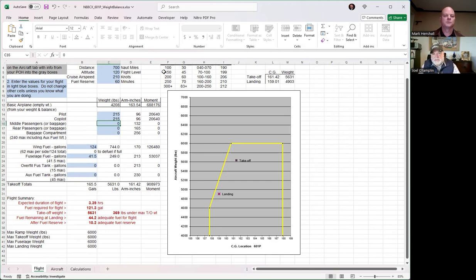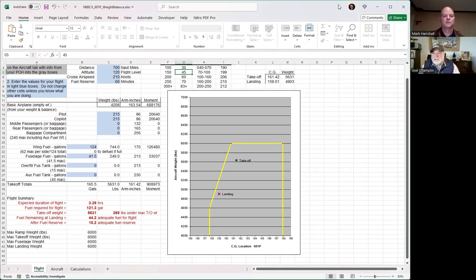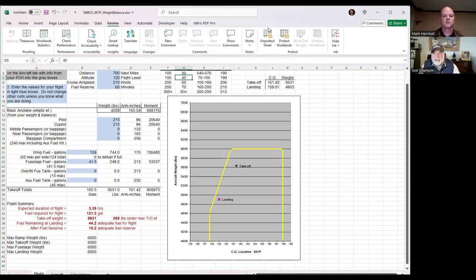So if you don't accidentally go in, and like if I click on this and I want to change that to something different, let's just say I'm going to change that to 50 miles. Okay, it's trying to change a protected cell. You'll say okay. And so let's see, if I come up here and go to review, and click unprotect sheet, the password is just like I said, Aerostar, all lowercase. Now I can make that 50. But I usually like to take it back to